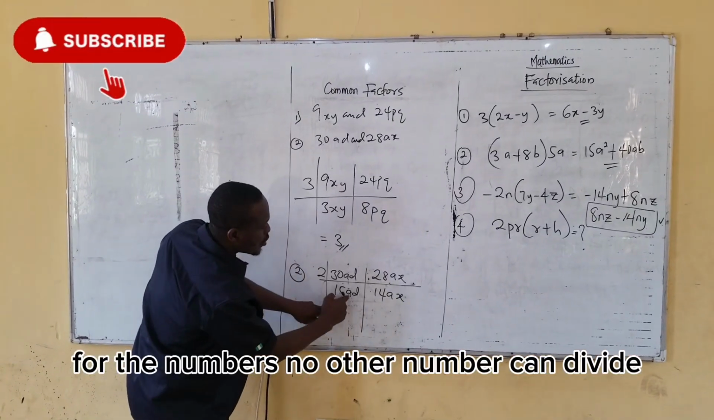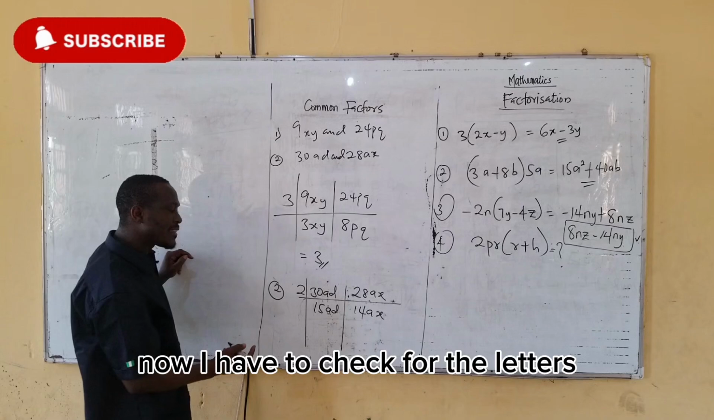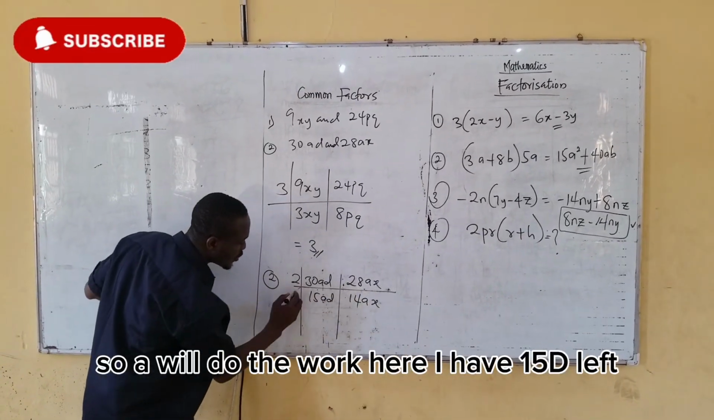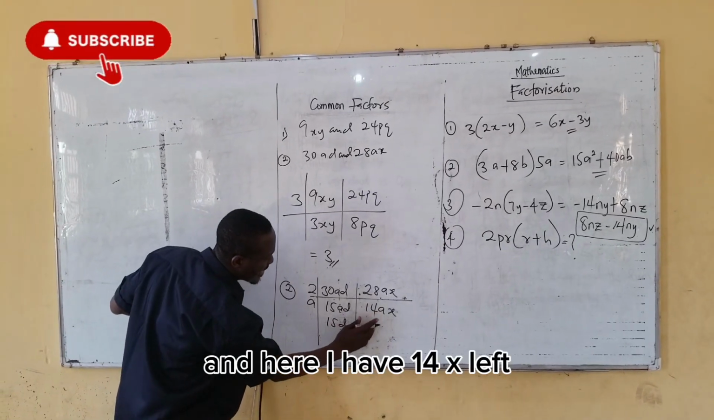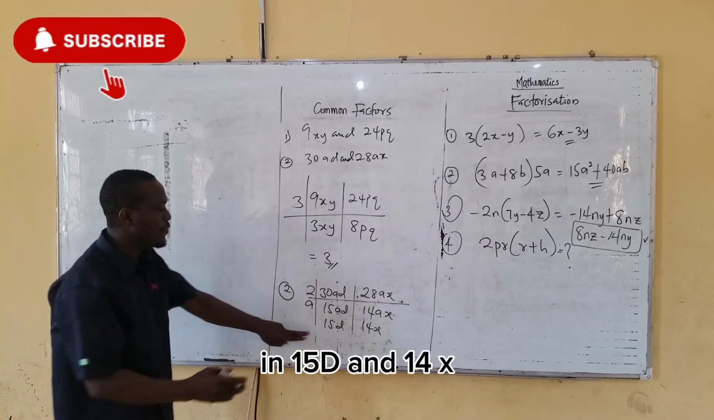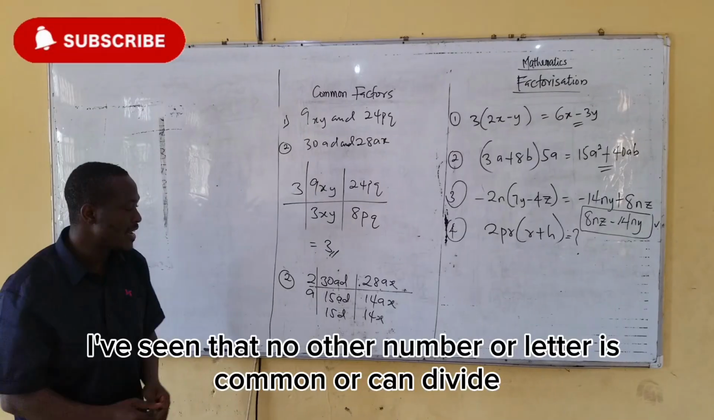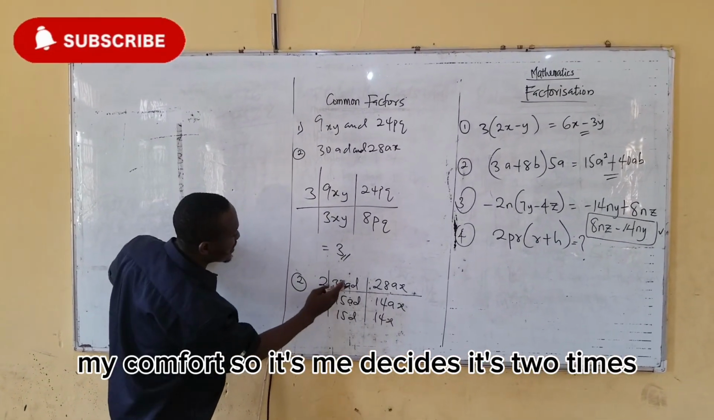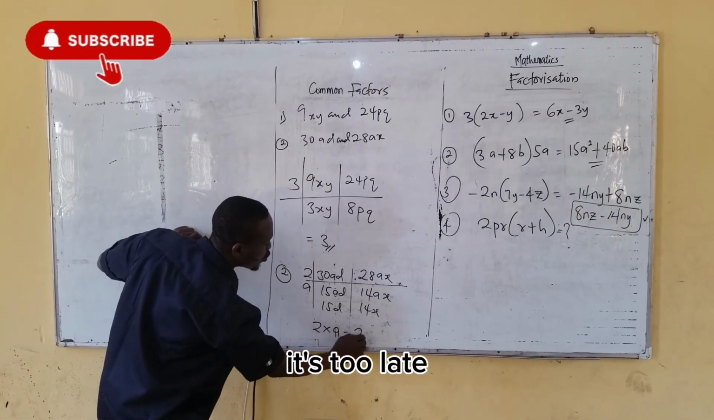For the numbers, no other number can divide. Now I have to check for the letters. I can see that A is common here and here. So A will do the work. Here I have 15D left and here I have 14X left. In 15D and 14X, I've seen that no other number or letter is common or can divide. Therefore, I have that my common factor between this and this is 2 times A, which is 2A as my